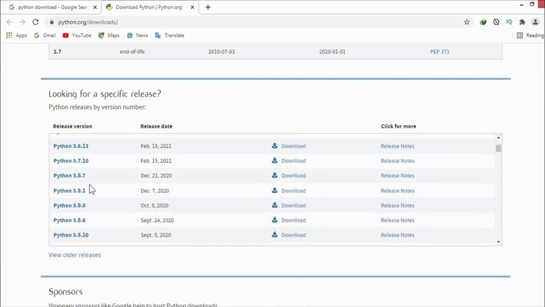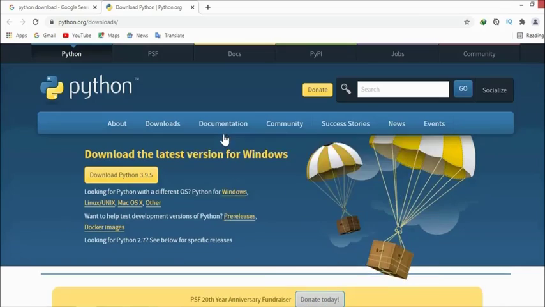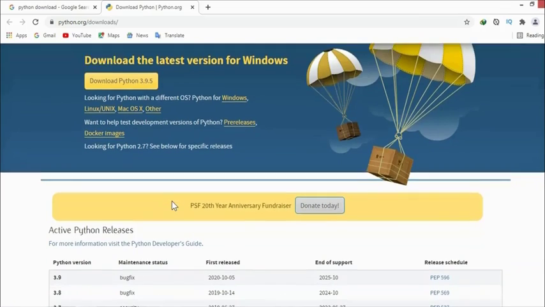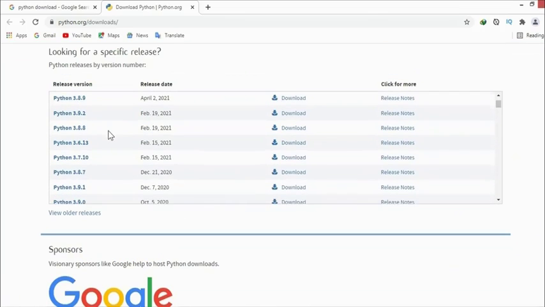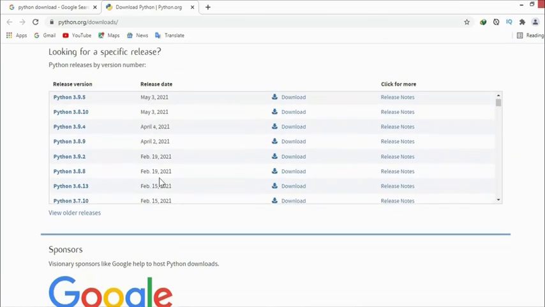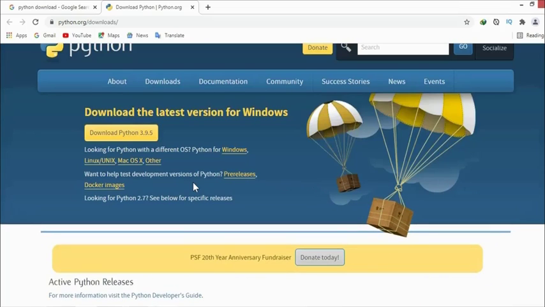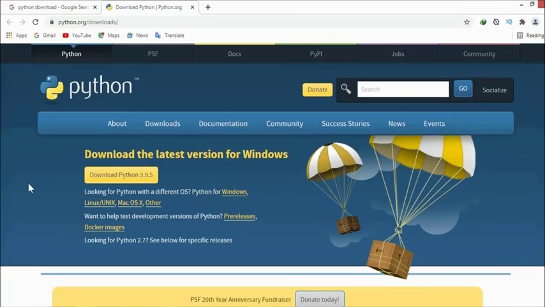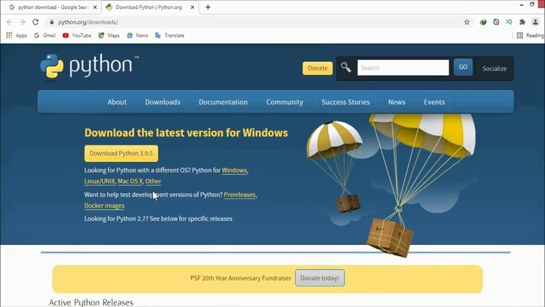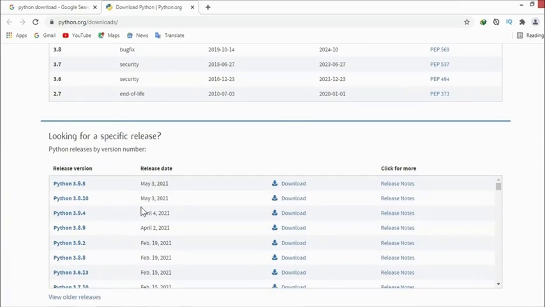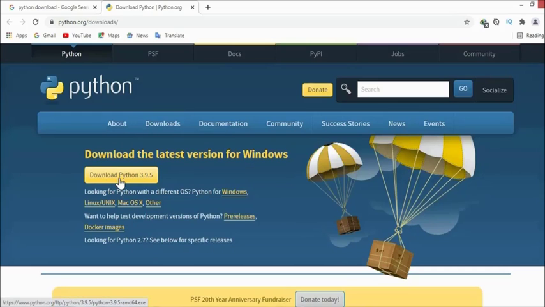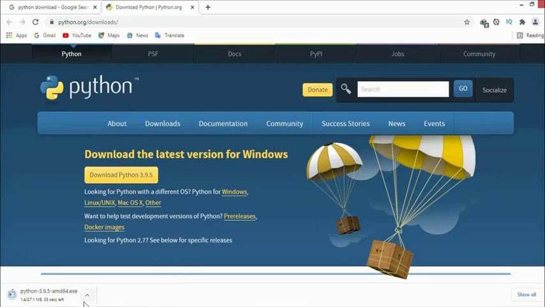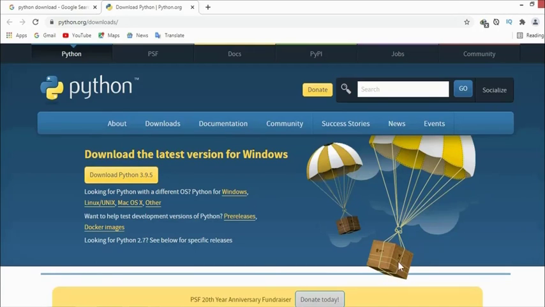I recommend that if you are on Windows 7 and you don't have the SP update, just download 3.7.6. But if you are on Windows 8.1 with the latest updates, go for 3.9.5 or a bit lower than that. I have downloaded 3.9.4, so I will be going for 3.9.4. So let me download. Okay, it will be like this. I will be cancelling it, but you don't cancel. You have to download. I have already downloaded, so I will not be downloading now.